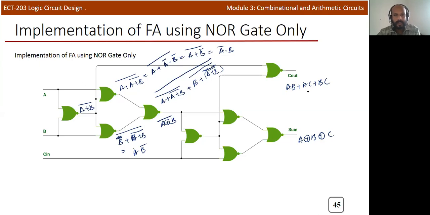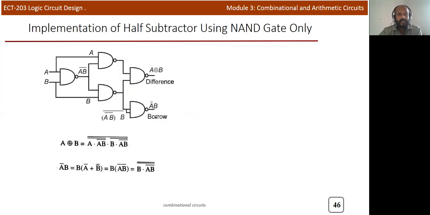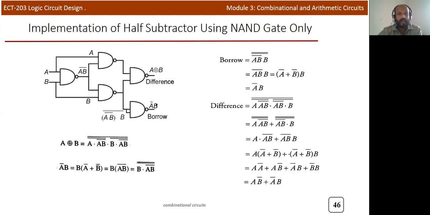Okay, so we can substitute all these values. We can verify. Okay. So now we will discuss how we can implement half subtractor using NAND gate. So exactly the same thing, same procedure we can design, but I will discuss in another way. If the final Borrow and difference equation by evaluating the circuit, you can write this is AB the whole bar. So A into AB the whole bar, you are getting like this. And at the lower portion, you are getting B into, okay, here it is written B into A bar B is also written. And after simplification, you will get A XOR B. So now we can verify that.